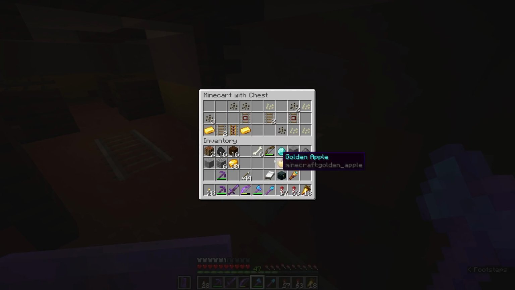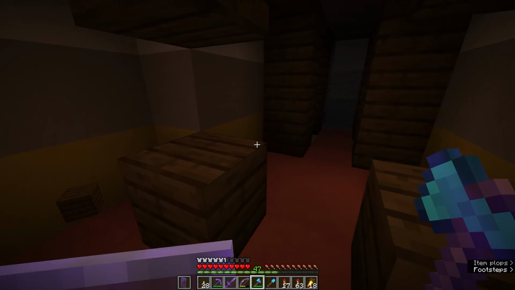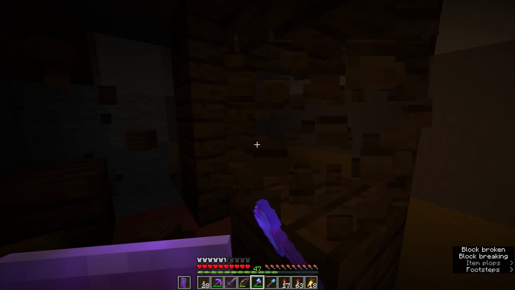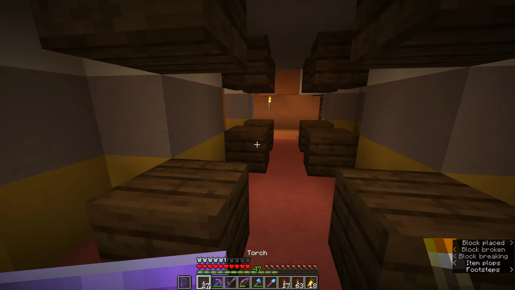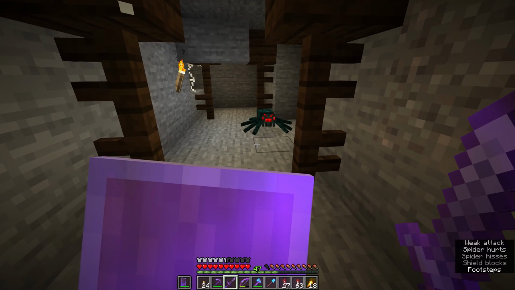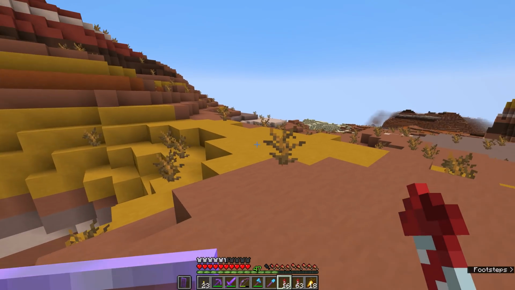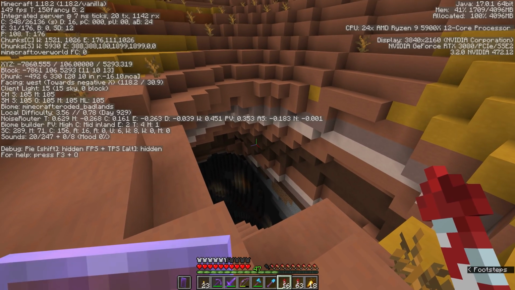Unlike the abandoned mineshafts that you'll find elsewhere in the world, these generate with dark oak supports instead of regular oak, so it's kind of going to stand out against all of the bright colors of the terracotta around here. They do still have cave spider spawners as well, so you'll need to watch yourself while you're down here. But if we go further up into the heart of these Badlands plateaus,